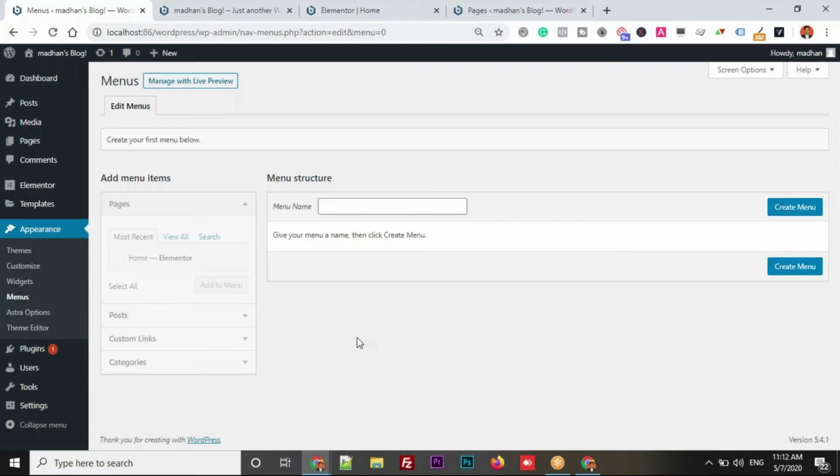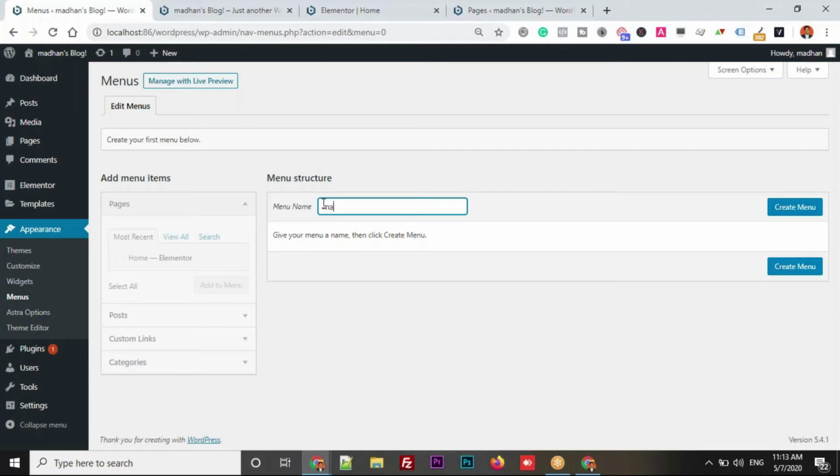No menus are available at this moment. You are supposed to create a menu. It is asking us to name it. Just give any name that you want. This name has nothing to do with the display part. Whatever you have written here, it won't be displayed in the menu. The name is just for our understanding sake. Just provide a meaningful name.